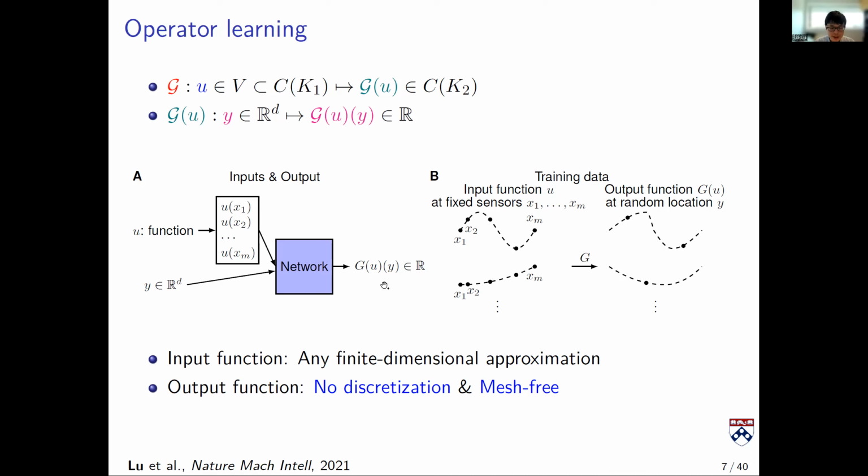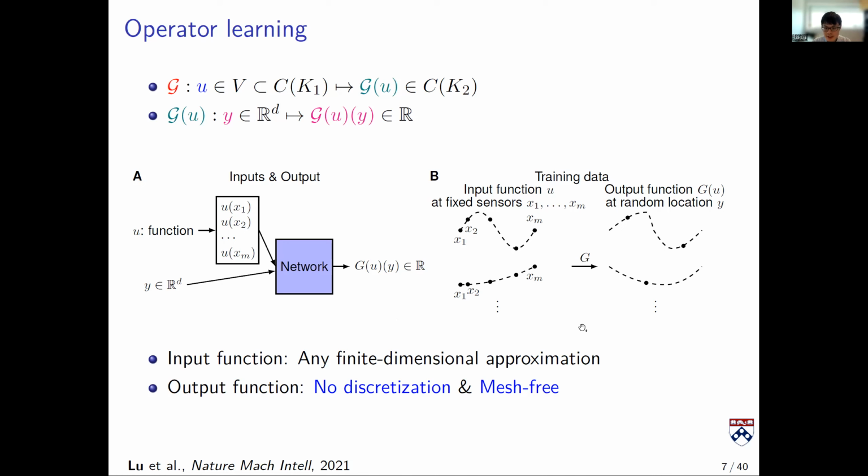Then how do we handle the output function? A similar idea: we cannot output a continuous function directly. Then we can predict the function values of G(U) on another mesh, let's say y1, y2, until yk. So we only predict the output on some locations. It's doable, but it may have some issues, or it's not flexible. For example,